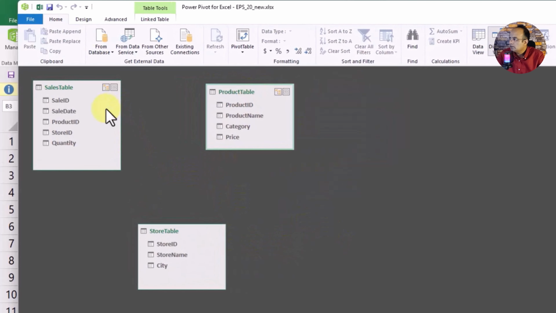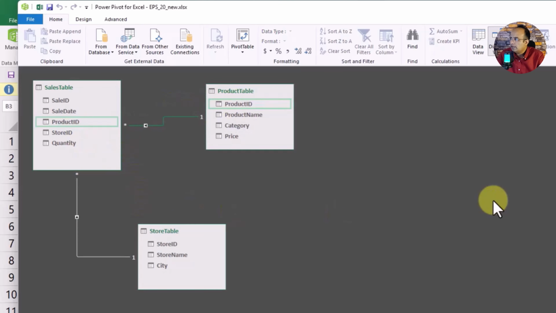We will create a link of store ID with the store ID in the store table, and product ID of the sales table to product ID of the product table. That's done. Now we will go to add the pivot table.